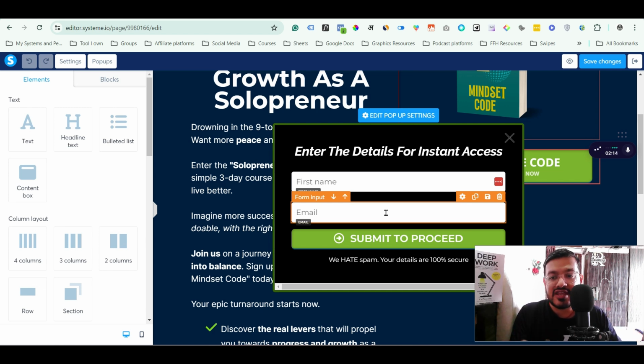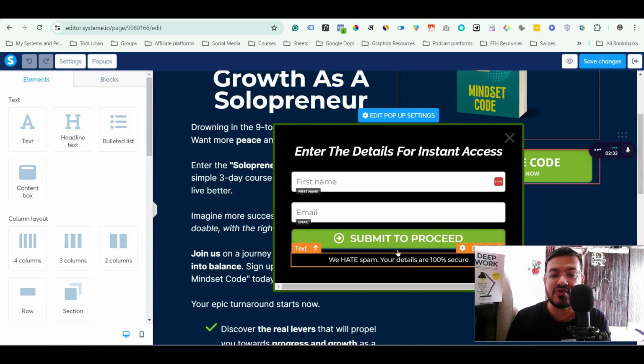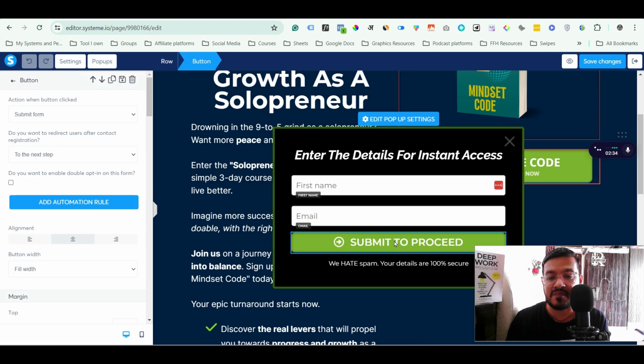If you are giving it for free, then this is the way, and when you are doing a sale also, in that case also the process is going to be the same. Whenever the person fills in the data, you can follow the same process and enroll that student inside the course or course bundle. Okay, so what you need to do is just select this button. Okay, this is the button. The person will hit this button when the person enters the details. Okay, and now the person wants the course.